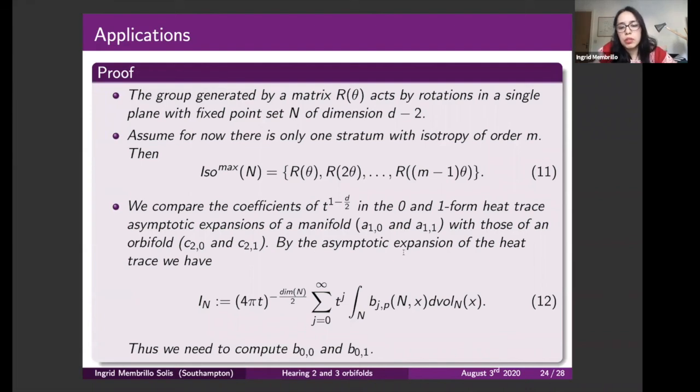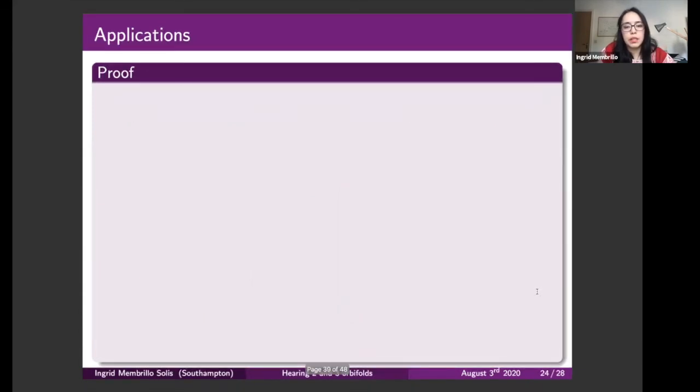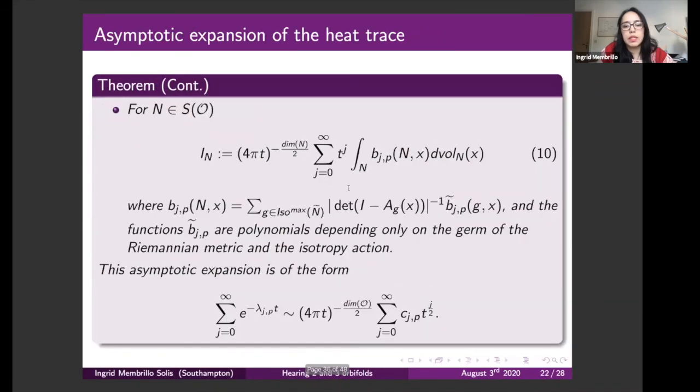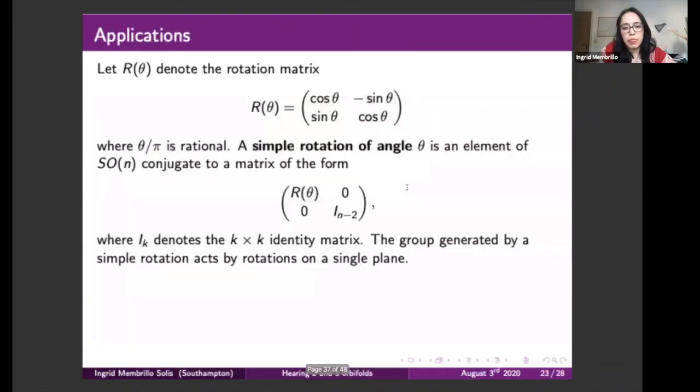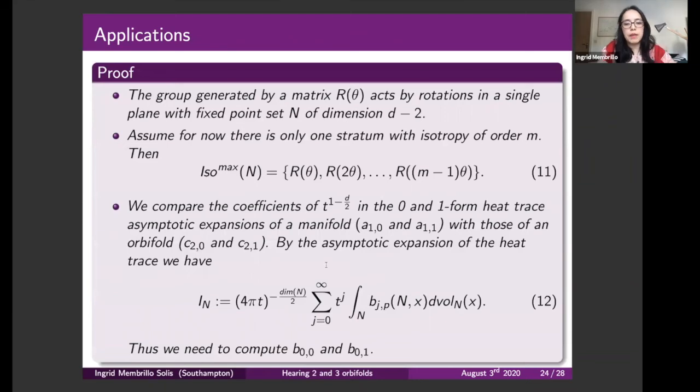So then by the asymptotic expansion of the heat trace, we have the following. Again, I just want to go back a little bit and see that we said that this is the contribution of just the regular points, and this is the stratum. So we need to see what these parts are. Then we have to compute this. In this case, we are assuming that we have only one stratum, so this is equal to this expression. And so we need to compute these